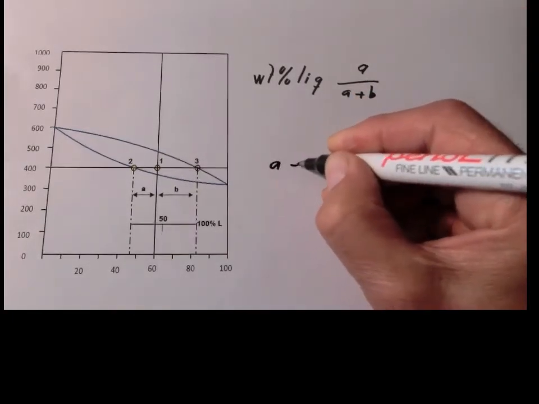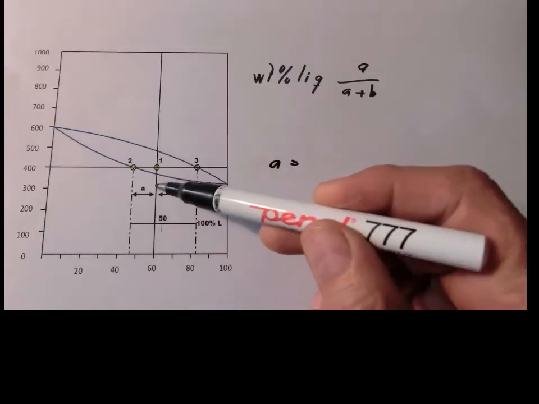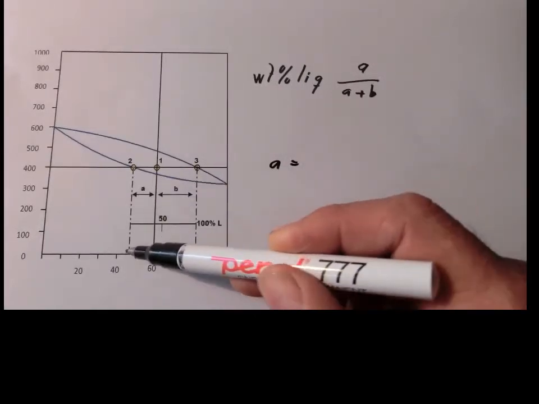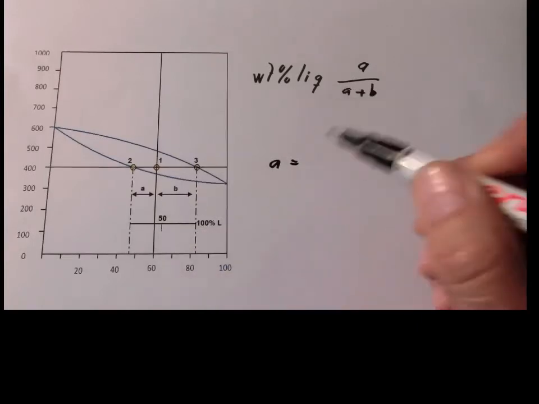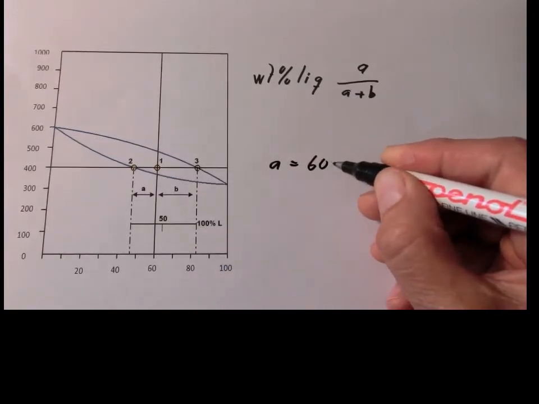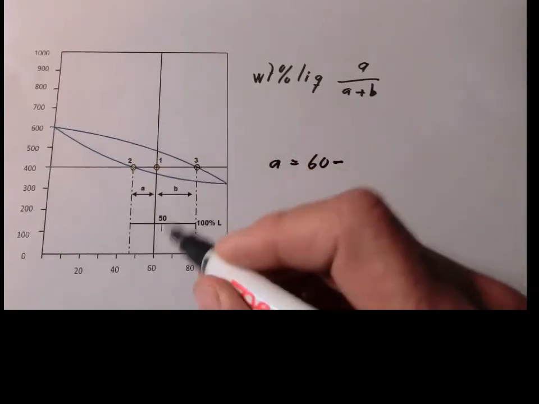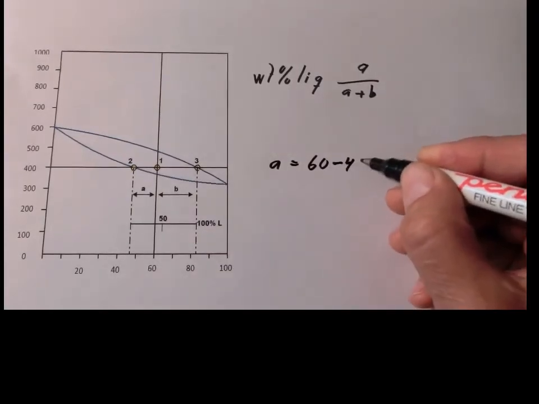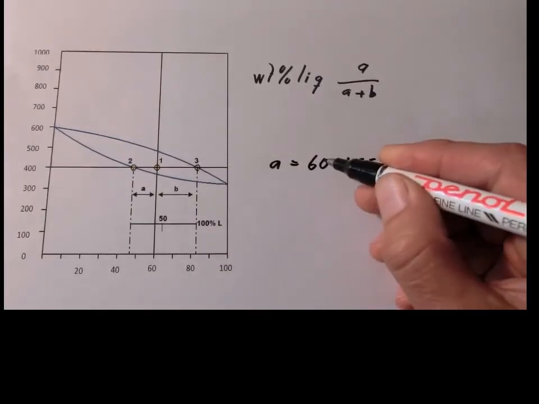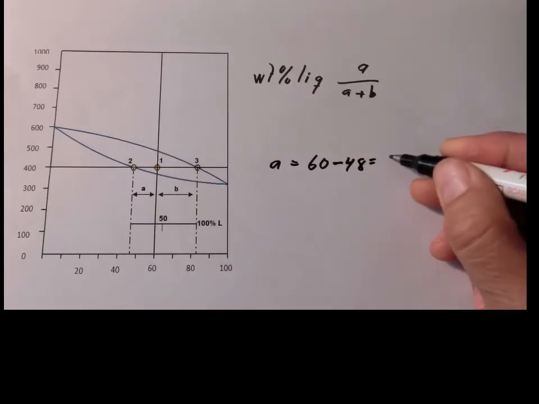So A is equal to that distance. It means that that's 60 minus 48, we see, and that will be 12,